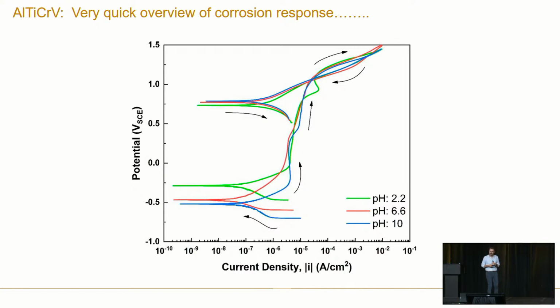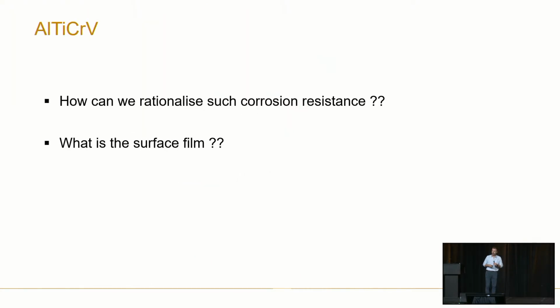So pretty much, I'm going out on a limb here, taking some poetic justice, but it turns out that this is one of the most corrosion-resistant alloys that was made by a series of consequences that came from accidental discoveries in the last 5 to 10 years, which is really, really interesting. And you probably wouldn't think that from this composition that you would get this. So then the question is, how do we rationalize this, right? This is what I'm going to talk about now. And what is the surface film? Because you are all experts in passivity now.